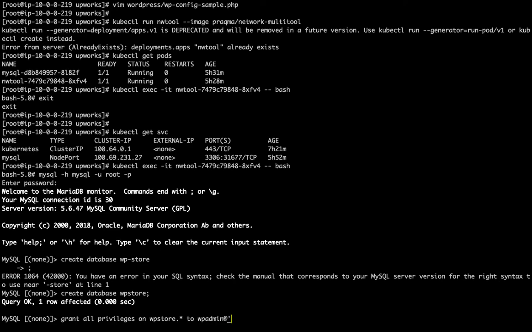We're going to give permission for remote hosts as well, because our web server is different. And then we need to say identified by